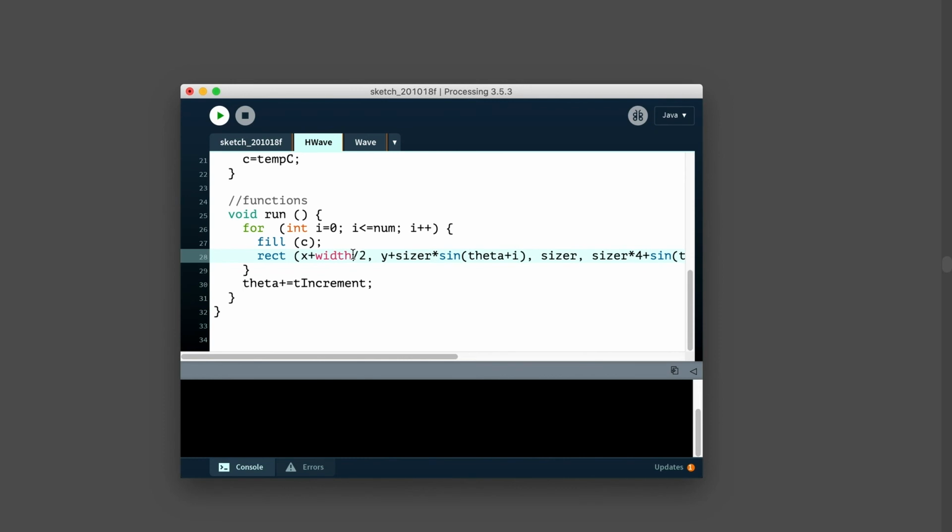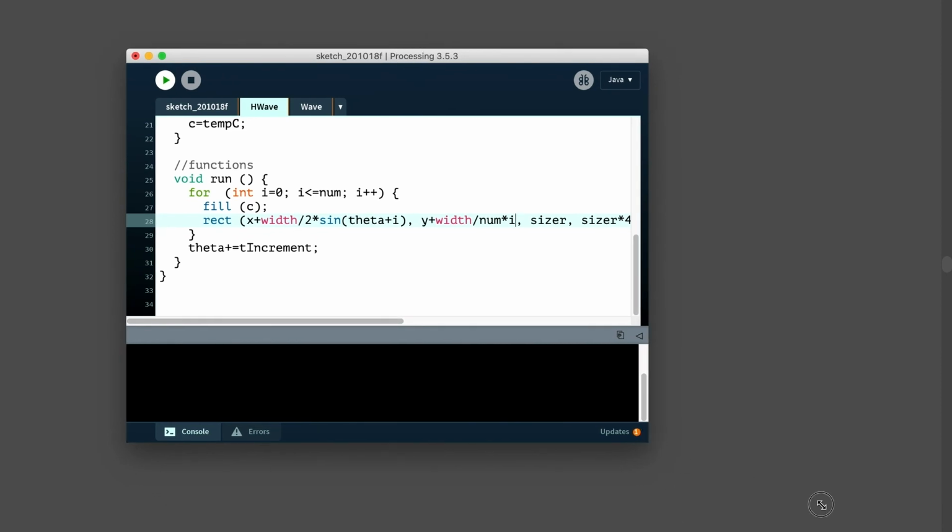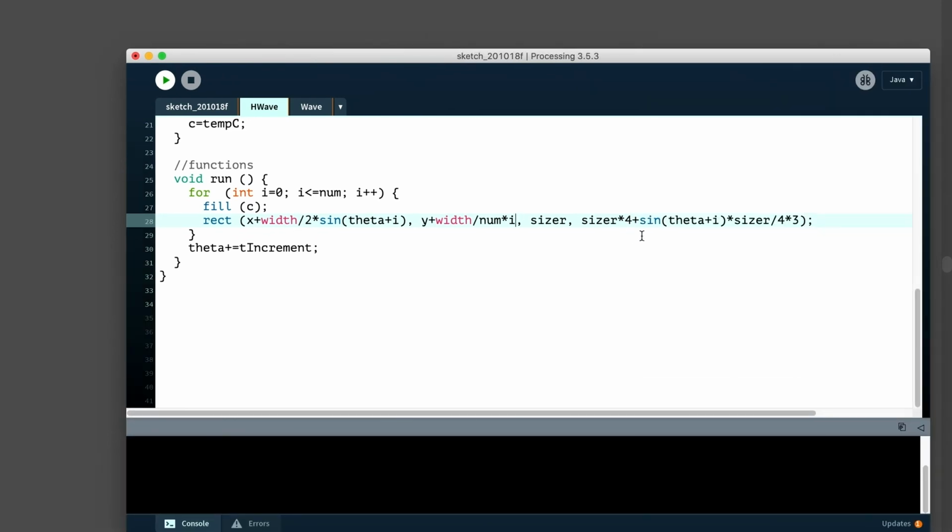Instead of sizer, we'll use width divided by 2, so it's going to be a pretty big swing. Theta plus I, which is something that we did right here. We don't need this to happen anymore along here, but maybe we'll say width divided by num times I. It's a little bit different. It's not exactly a translation, but we're just playing around with this.